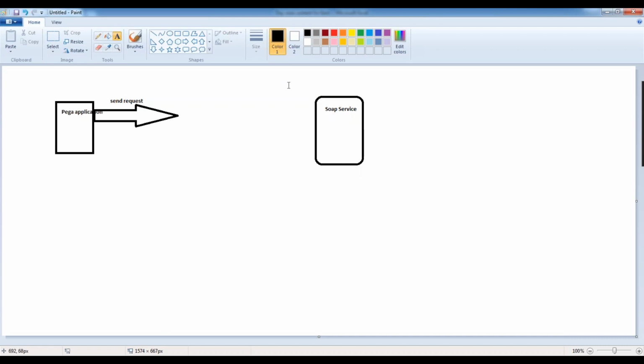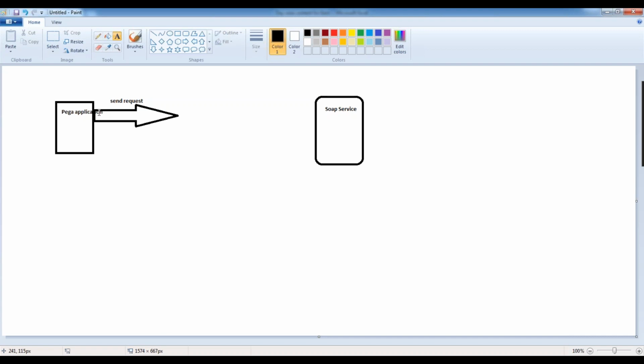Let's say the service is running on some other technology, some other server, which Pega cannot understand. Pega sends the request from the clipboard; in Pega, the clipboard is everything. They set the values to the properties and send that as a request. But if the other application is not a Pega application, it can't understand the clipboard structure.